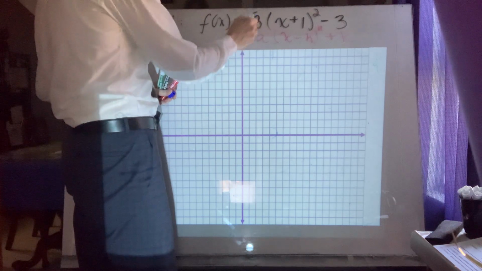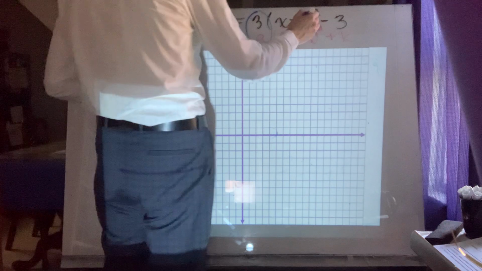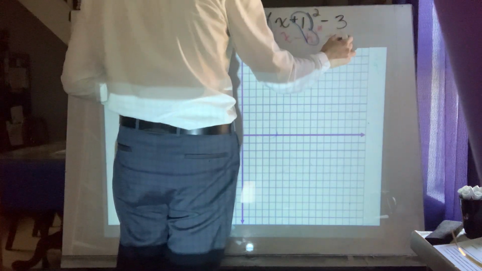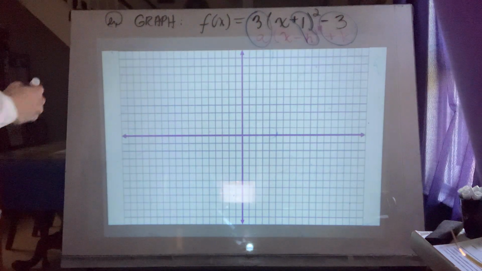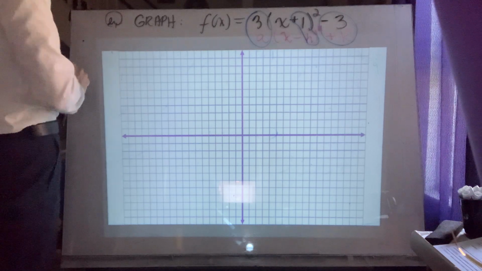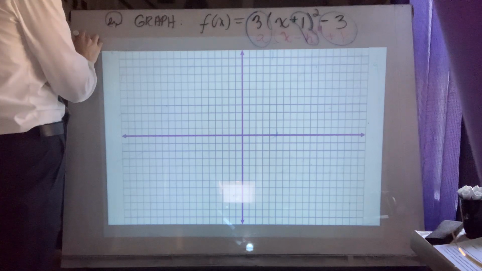This is the lead coefficient a, this is the h value, and this is the k value here. I'll put some bullets over here. The a value